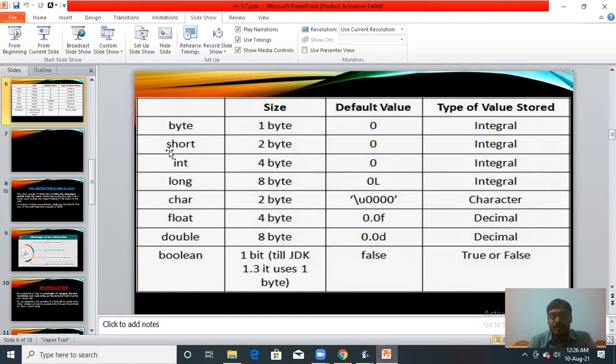Now coming to the short data type, it takes 2 bytes of memory. When you have assigned short data type in your program, it will take 2 bytes of memory, and it also stores integral values. But in byte, very small numbers are stored, and in short, large numbers can be stored.